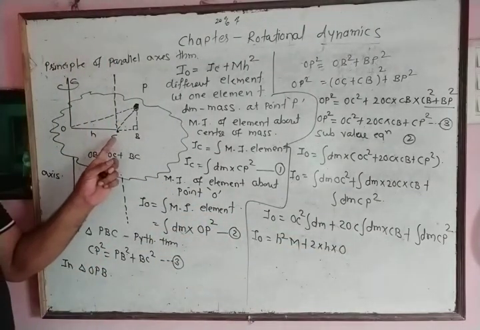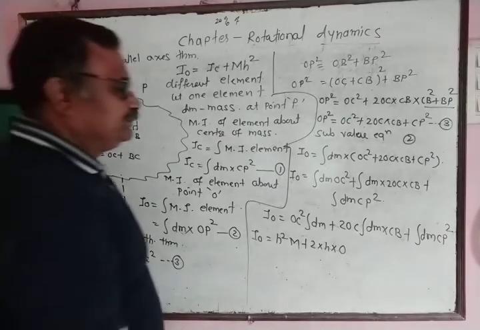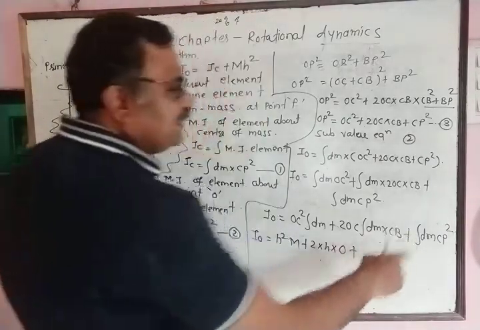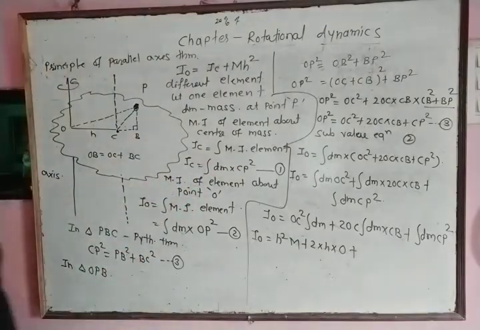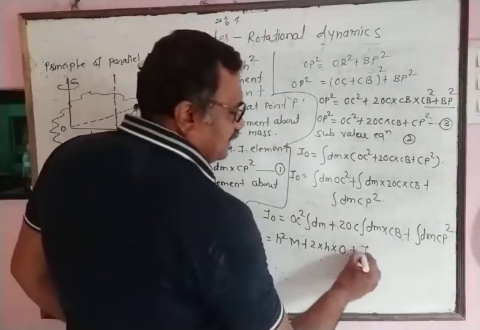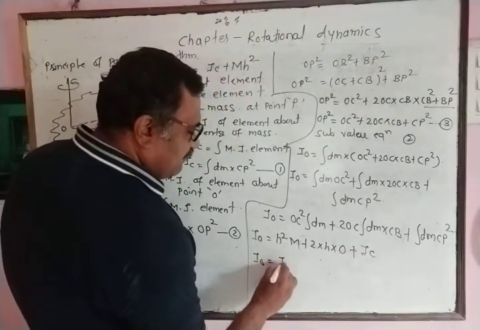The integration of dm into CB is equal to 0, plus the integration of dm into CP square, which is equal to IC, and therefore we get IO is equal to